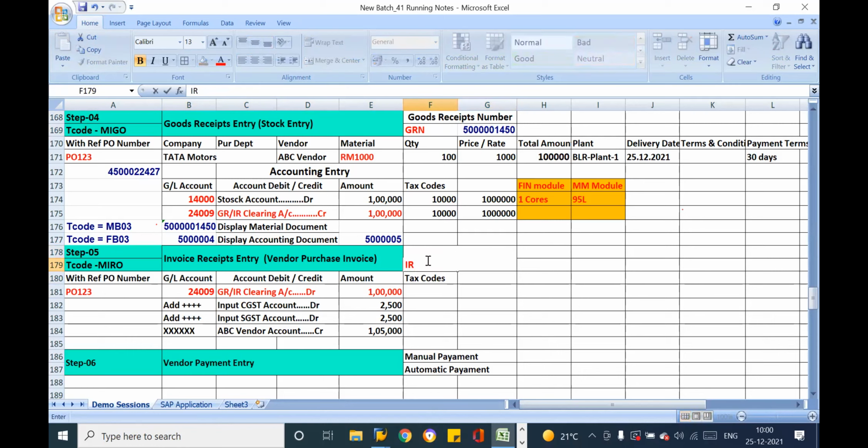Okay. Shortcut we can say IRN number. Okay, quickly we'll complete this step. Tomorrow's session, quickly we'll run one more cycle. We'll try to run the two